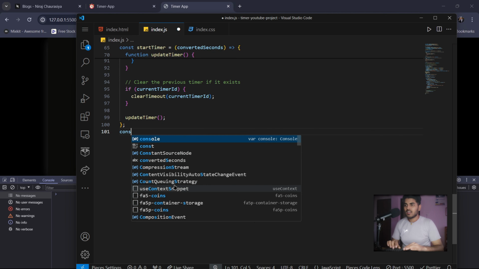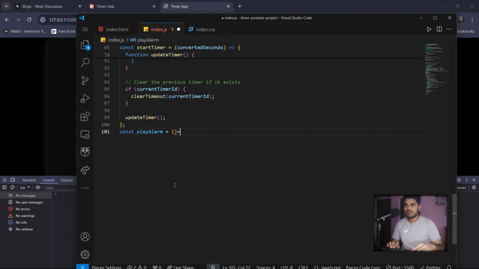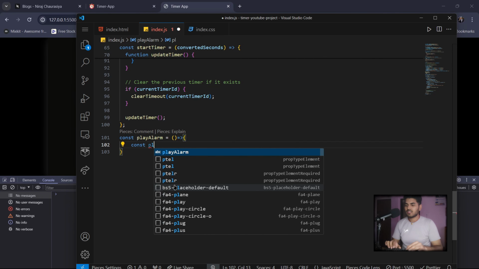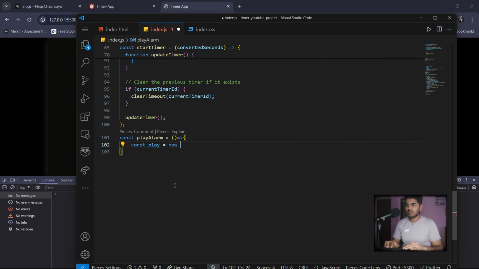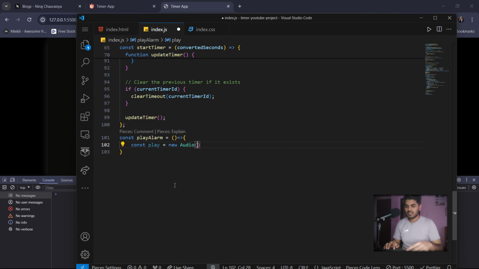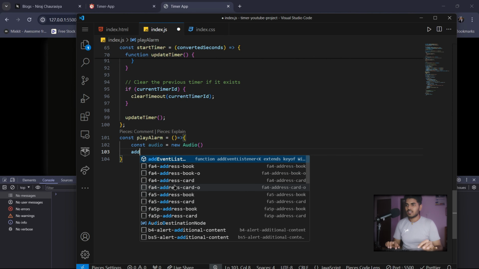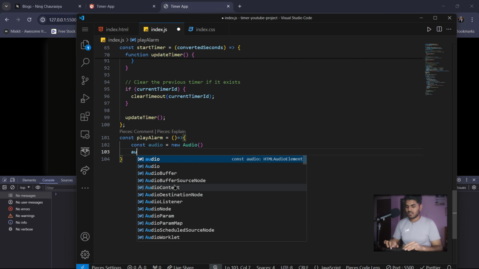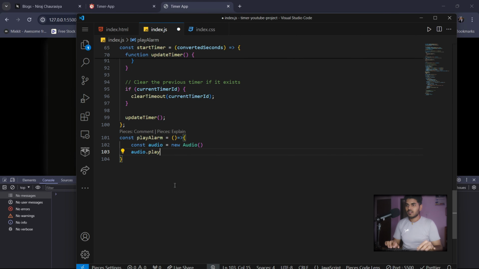So let me just write this function playAlarm, and I will say const audio equal to new Audio. Then I will say audio.play, and here we need to specify the file name, which is alarm.mp3. And if I save it,